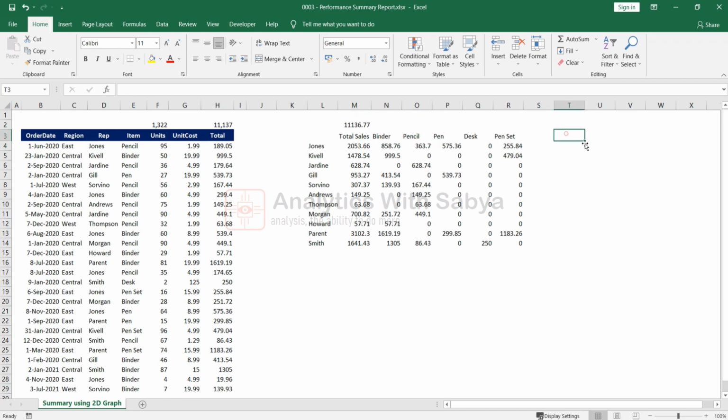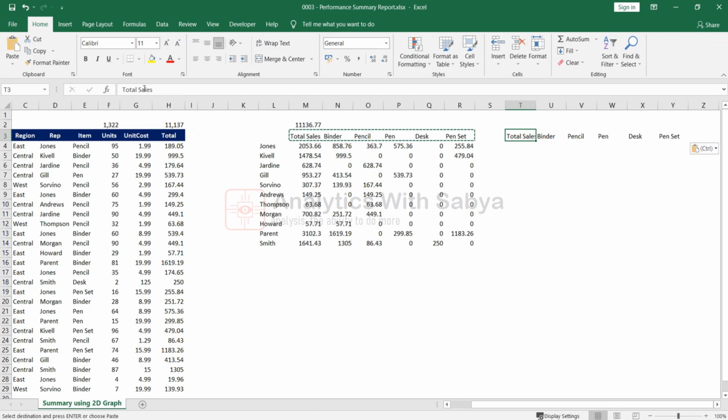I want a similar table now in column T onwards, wherein I am just calculating the total number of units sold by all these representatives. So for that, I will copy the entire thing from here to here, put it from column T onwards, and just paste it there, but this time this will be the units sold. Now I can just copy the same formula that I have for the first item. I can just copy this because I have made everything constant. So I can come over here under binders and paste this.